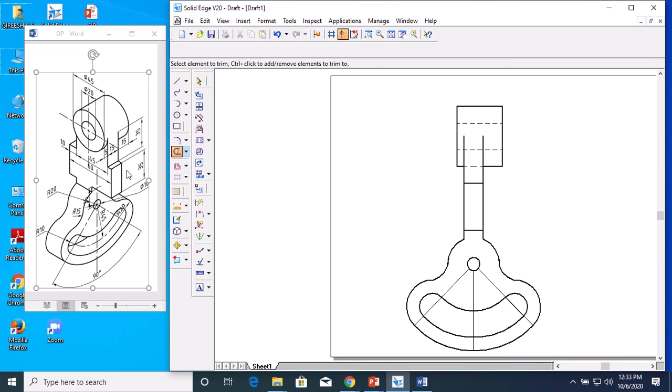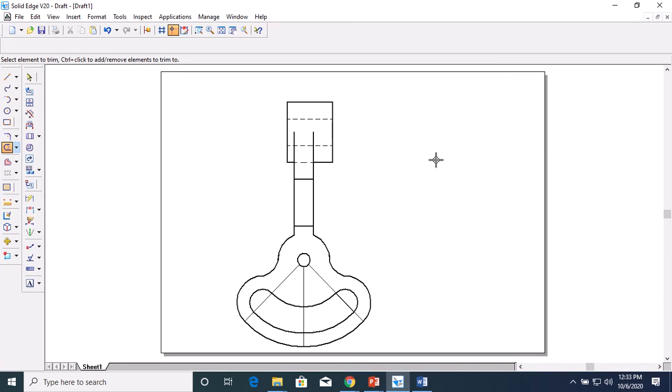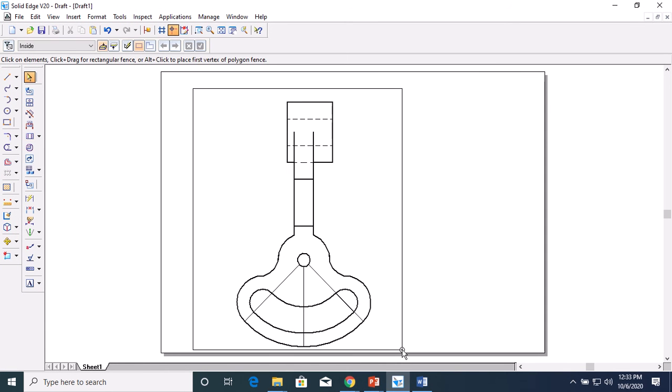Here you see lots of lengths, 35, 35, here 22.5, 75, and here also so much length will be involved, R45, R55, 65, so it is not possible to make it in an A4 sheet. For that you need to reduce this, do the scaling for the front view.